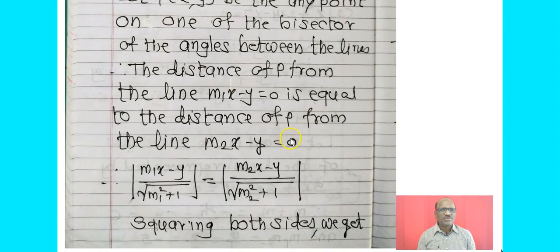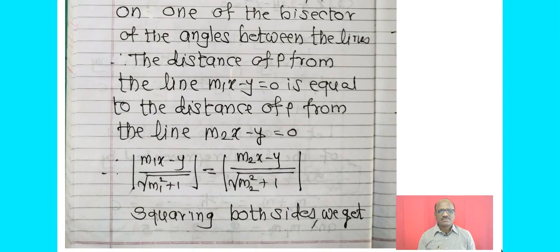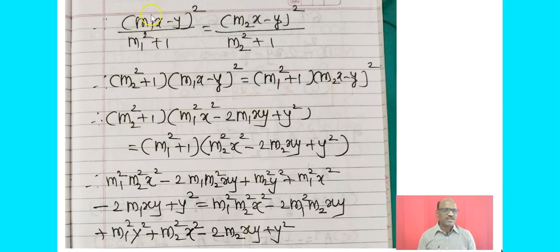And therefore we find the perpendicular distance of a point from a line, that is m1x minus y, by using the perpendicular distance formula. That is, m1x minus y upon under root of m1 square plus 1 is equal to m2x minus y upon under root of m2 square plus 1. Now squaring both sides, we will get